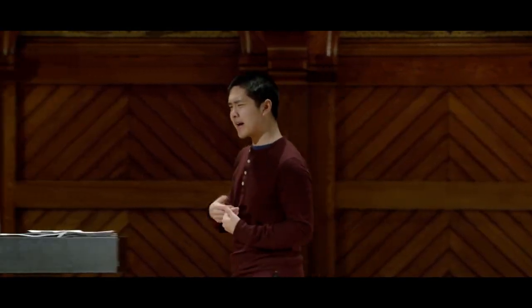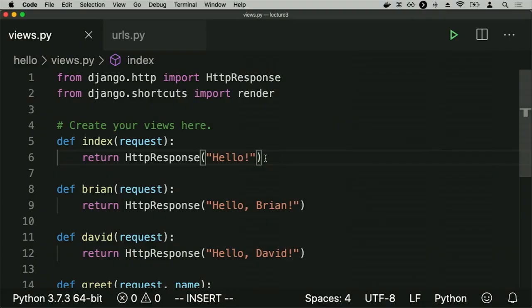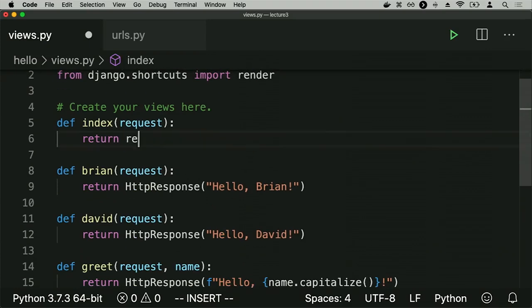And so the way we can do that is, instead of returning an HTTP response, let's say for this default route, instead of returning an HTTP response of hello, let me go ahead and render. And when I render something, I need to pass in the HTTP request, but I'll also pass in the name of a template. And I'll go ahead and call this template